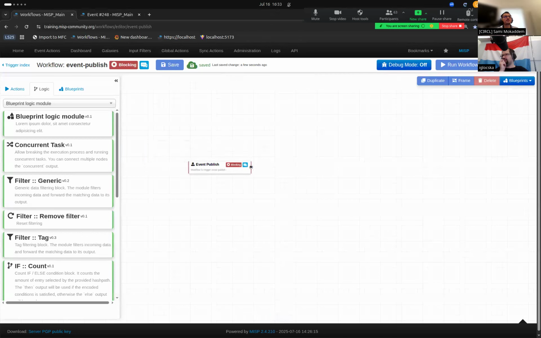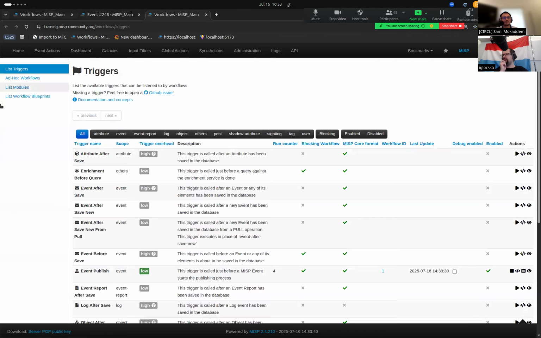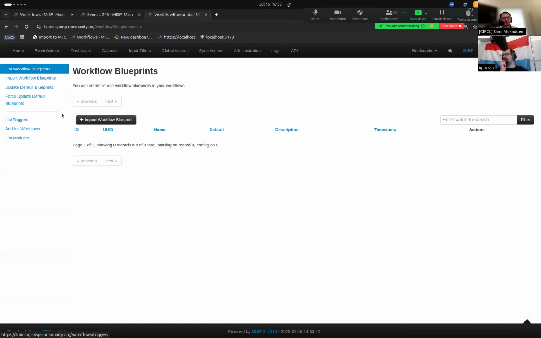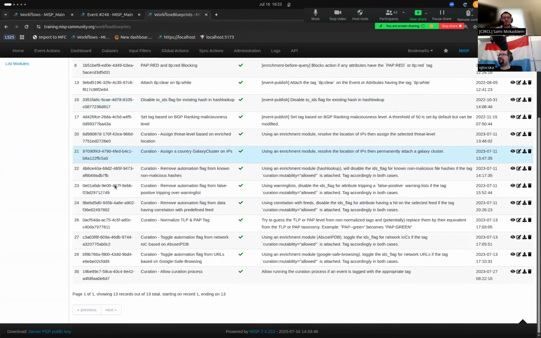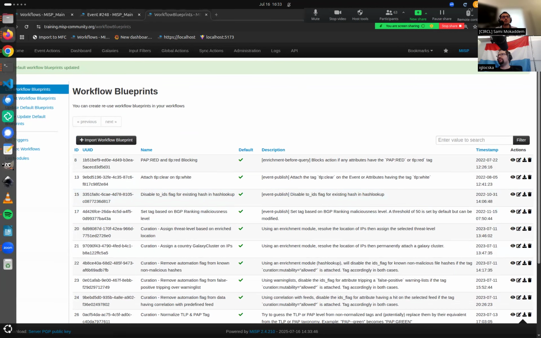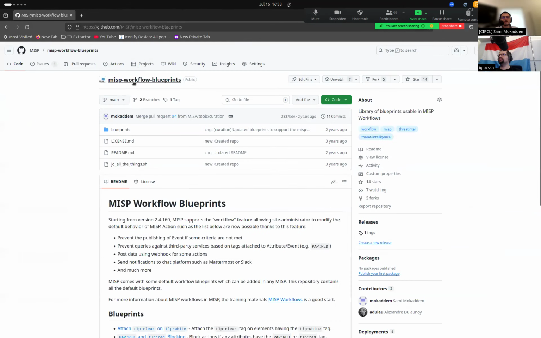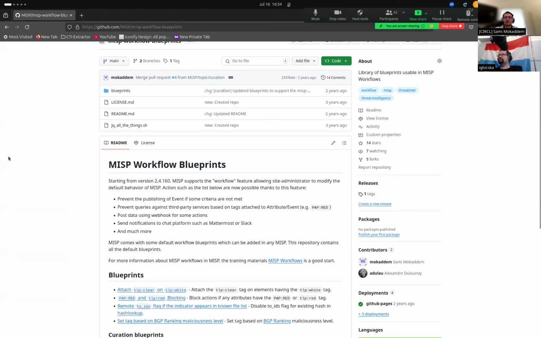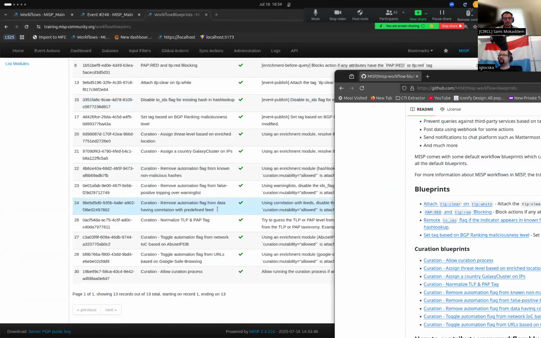There is just one last thing that I want to mention, which is the blueprint one. Right now we don't have any, so I will solve that issue by simply going into the blueprints and updating the blueprint library. This blueprint library is coming from a repository called MISP Workflow Blueprint that I will bring on screen. This is a publicly accessible library that has, I don't know, a couple of blueprints. It has 13,